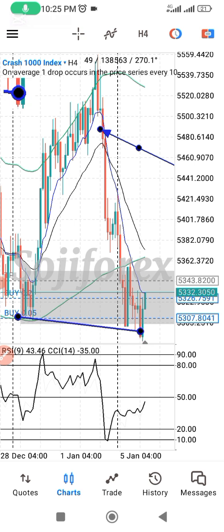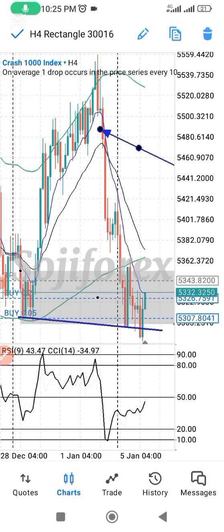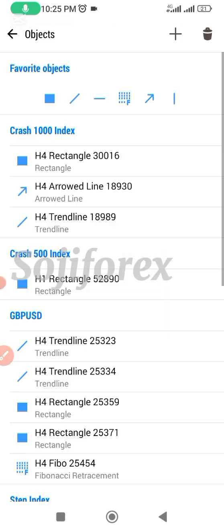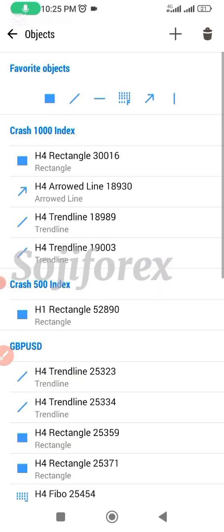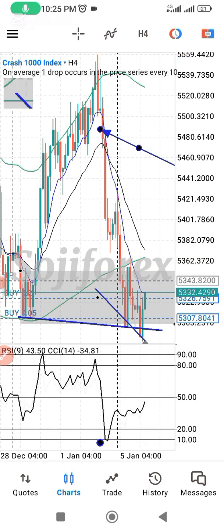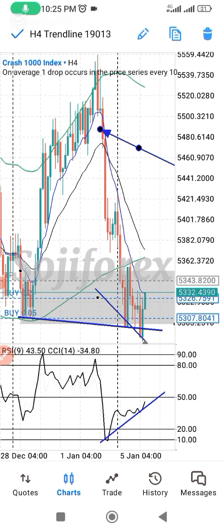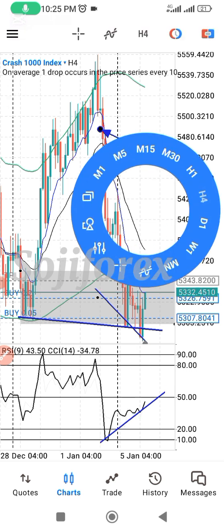I saw this as a liquidity sweep of this downside by that move, and looking at this H4, there is actually a divergence. A divergence is already playing out in this zone. So considering all of this, even if it is not a complete pullback, I now know that there is a partial reversal. So here on my H1